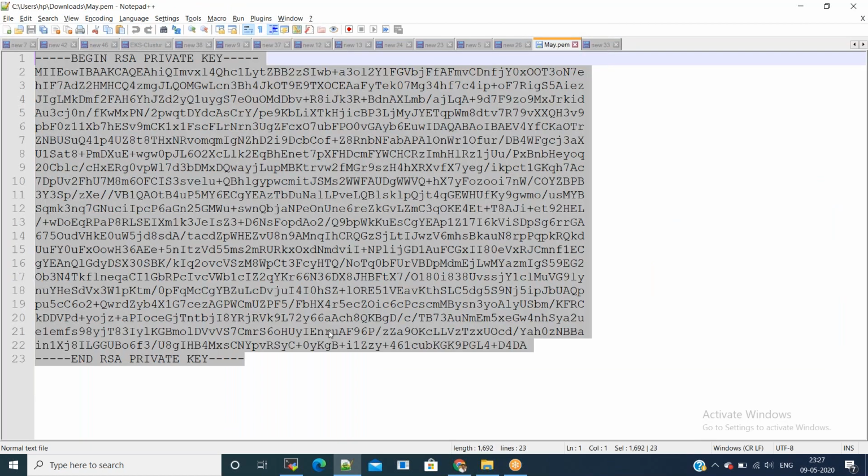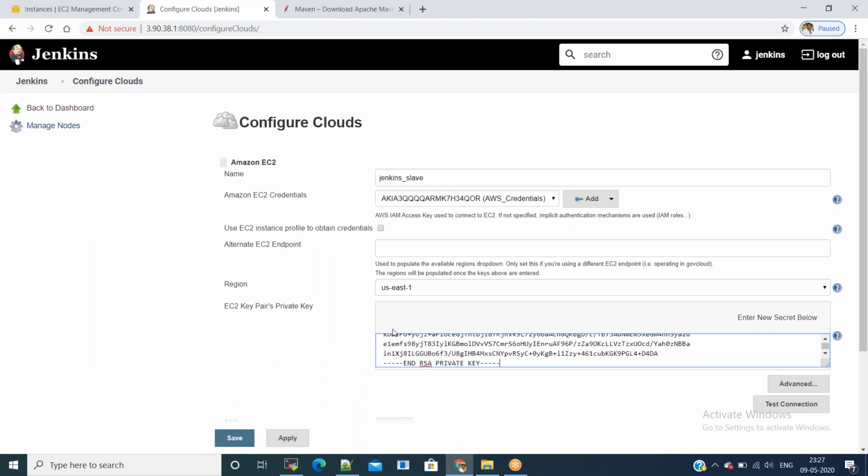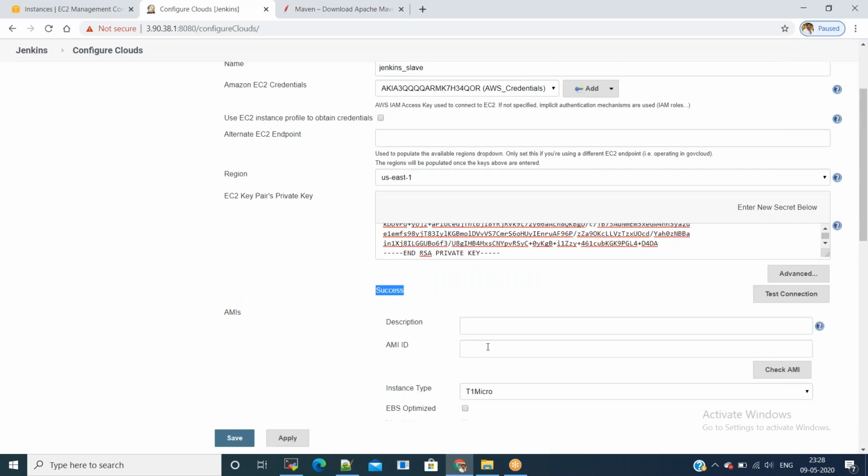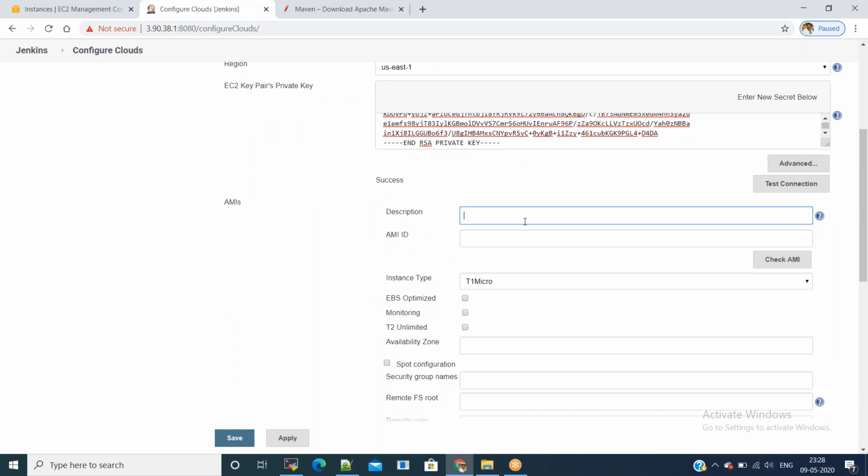If you already have a PEM file with you, copy the PEM file content and paste it under the EC2 key pair section. And next, click on AMI ID and mention the AMI ID, description.